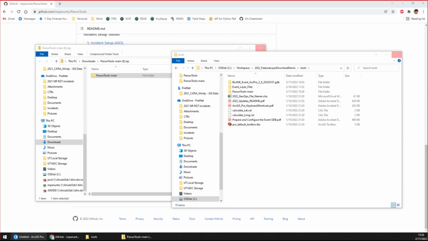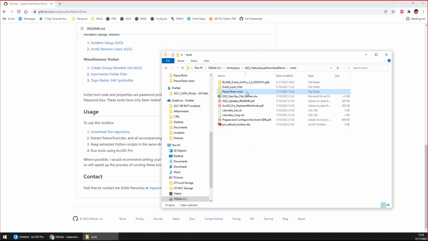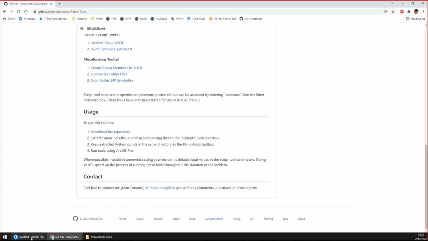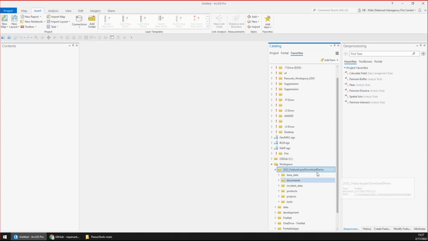Oh, computer's hanging up a little bit. Just give it a second. Okay, so now we've got the toolbox and all of the accompanying files that you need to run the various tools of the toolbox, including the feature layer download tool. So we're going to open up ArcGIS Pro and navigate to that incident directory.